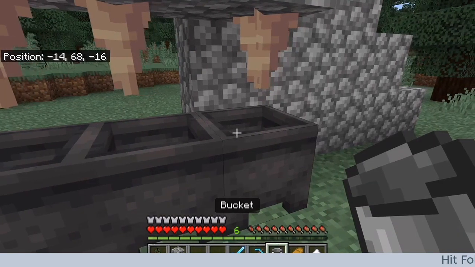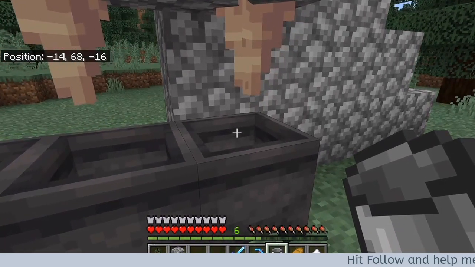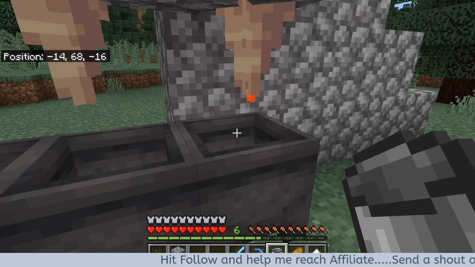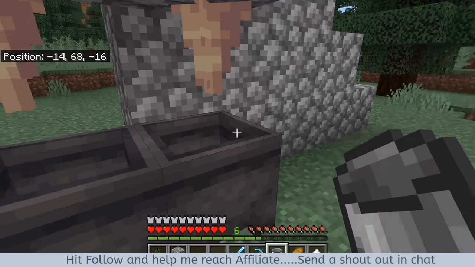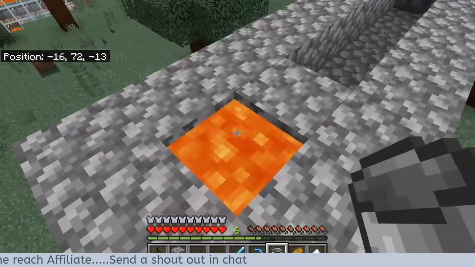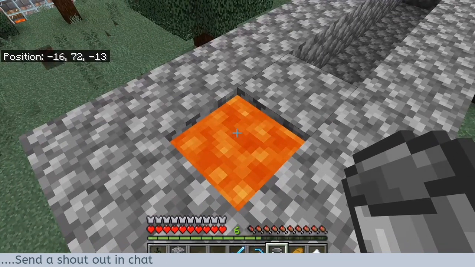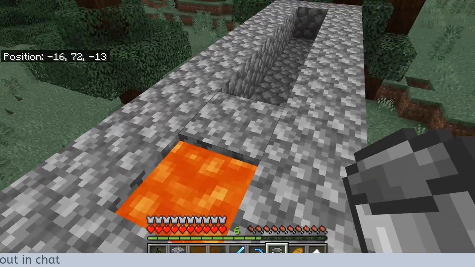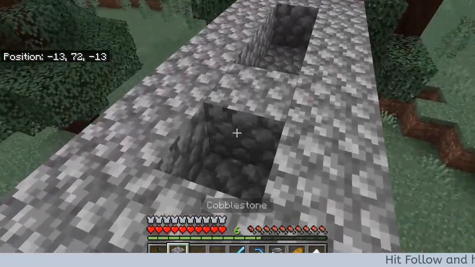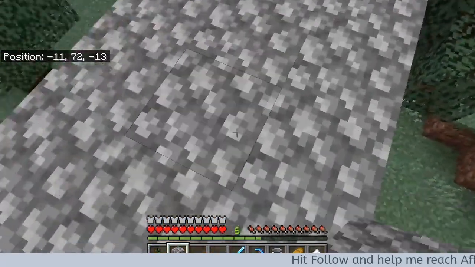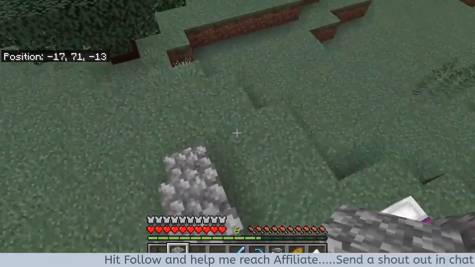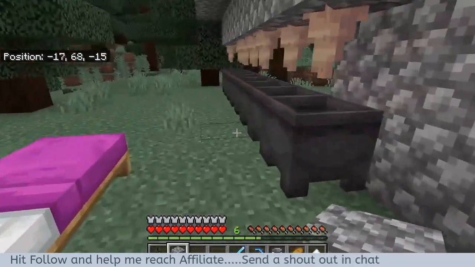We're just waiting for this to fill up. And then we're going to bring this bucket up top, move it over, and extend the trough a little bit. I'm going to show you what we have up here. One non-flowing lava block. Right? I just blocked it off here. Next one, I'll just fill these all up now. When I get my next lava bucket, I'm going to break this block and fill that with lava. Then I'm going to have 2 non-flowing